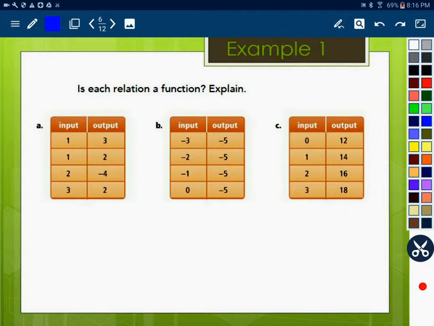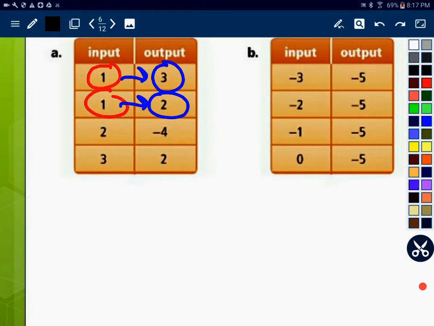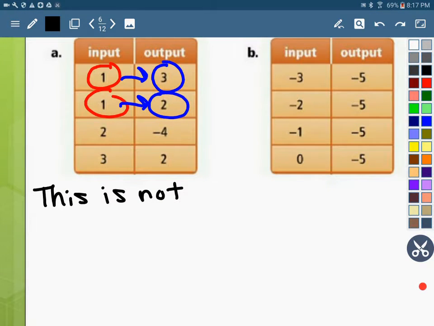So now let's take a look at the first example. This one says, is each relation a function, and explain. So I'm first going to make some notes on each table, and then in words, full sentence, I'm going to write how I knew one was a function or not. So the first thing I'm going to notice in A is that the input 1 has repeated itself. In fact, it is assigned to both outputs 3 and 2. So when I write this in words, I'm going to say this is not a function